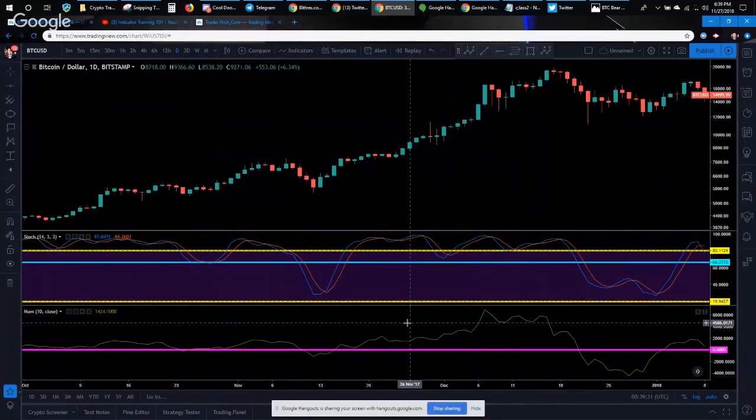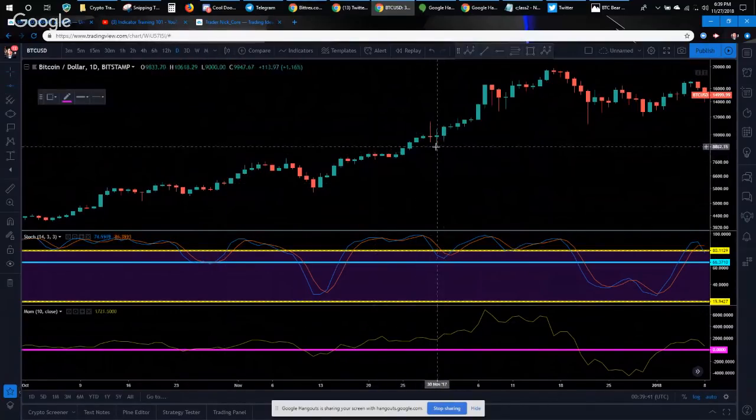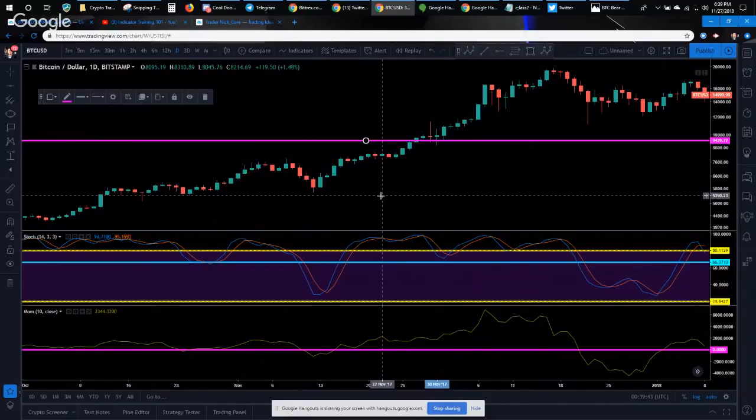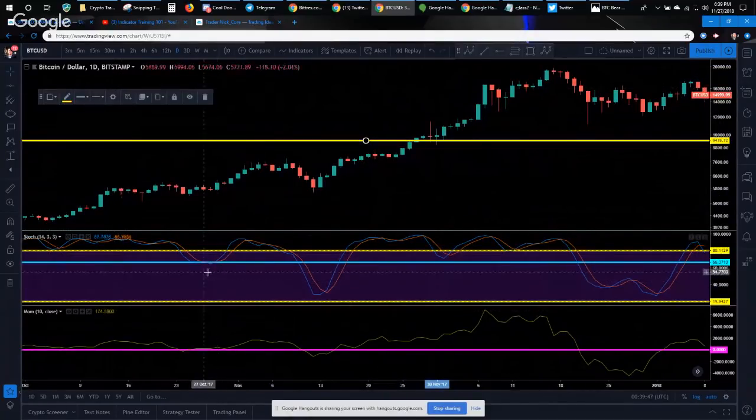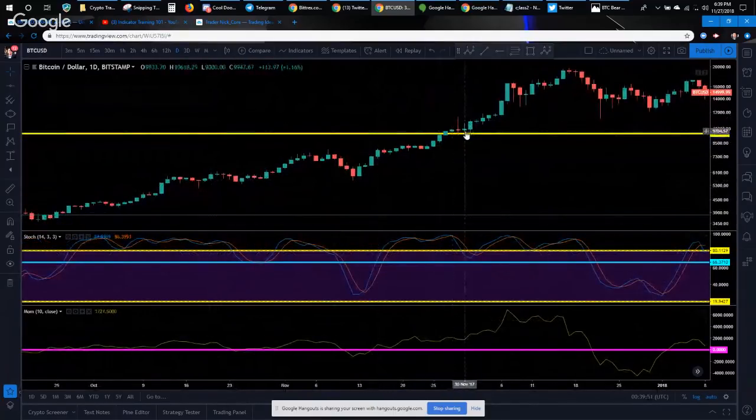One could reasonably deduce that based on the momentum indicator and the prior action of the stochastic, we were going to make another move up, especially if we found stable support right around here, which we did. It was a new support zone, but it was looking decent. I'm assuming volume looked great. We'll dig into that in a moment. But based off of these two indicators alone, back in the bull market, you could see that we were going